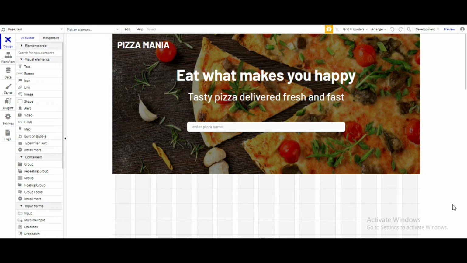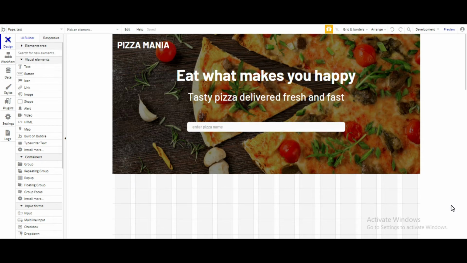I'll give you an example of what we are trying to do here. We'll be using a repeating group. Now you must be wondering what is a repeating group. So let's suppose that we have a list of data, or let's say that we have 5 different pizzas in that data and we want to show all of them to the user in a template. So I have a, let's say, box that shows the name of the pizza, image, description and price of the pizza. It is going to show one block for each pizza. It is going to keep repeating the same block with the same design but different information that links up with each different pizza. It will keep on doing that, keep repeating itself until there is no more data to show. So that is what happens in a repeating group.